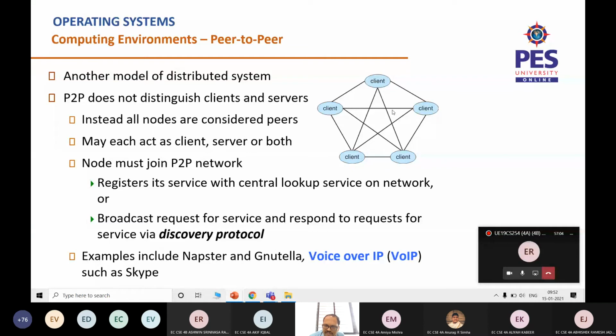All that you try to do is everybody broadcasts what they want. Suppose client 3 wants job 5. All it can do is inform that it needs to do job 5. It will send that information to client 4. At the same time, it will send it to client 5, to client 1, and to client 2 as well.